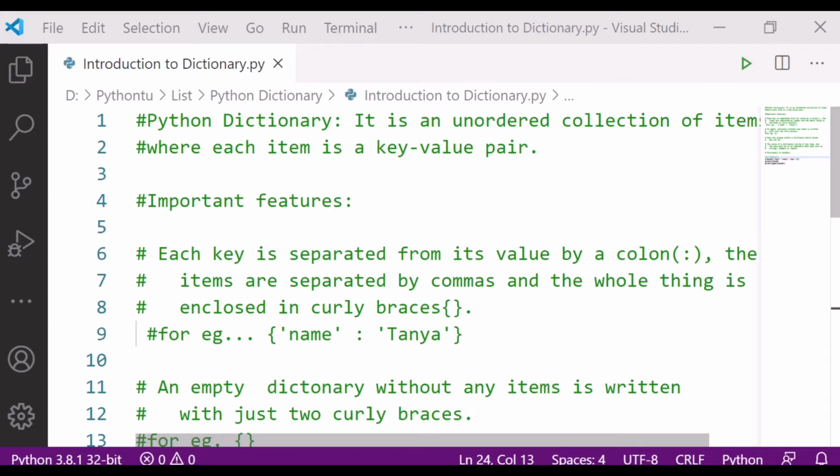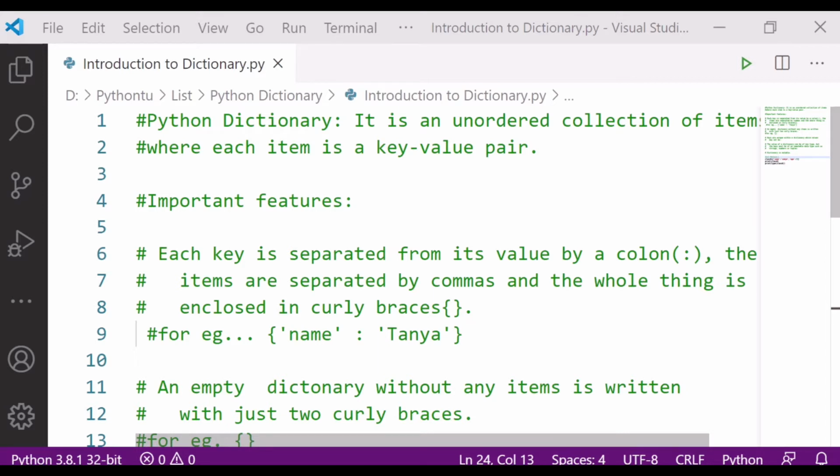If we want to store the names of the students and connect each name with the grade of each particular student, like if there is one child, Tanya, scoring 20 marks, then to connect this Tanya with a score, you can do it easily in the dictionary.